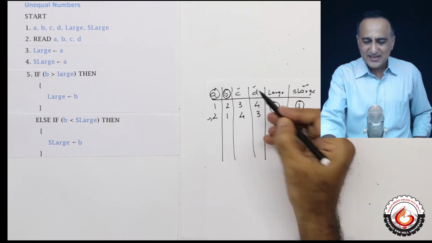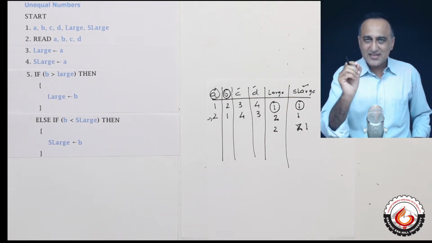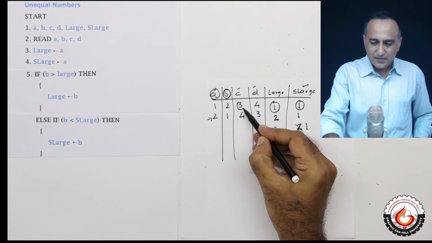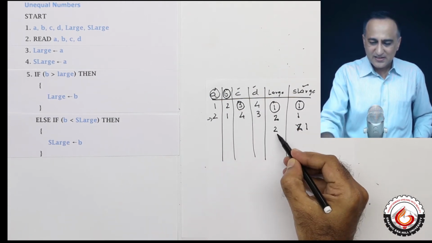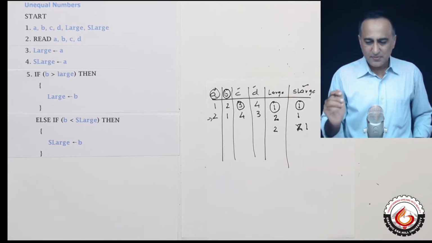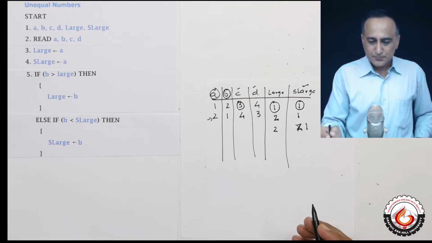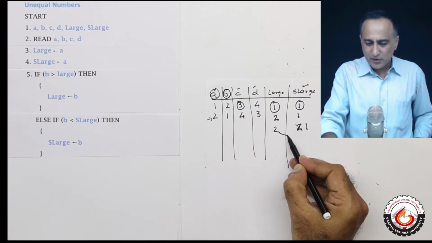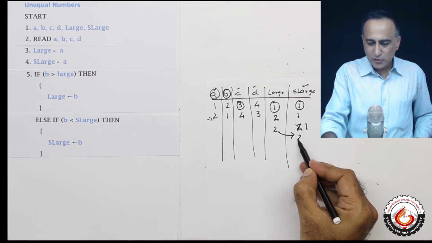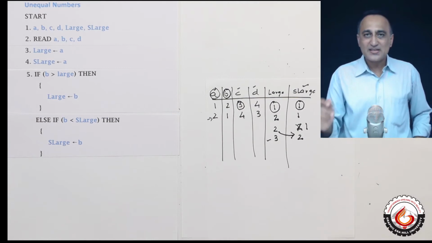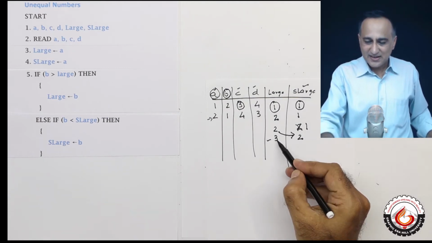Now I need to handle C and D. With C and D, the thinking is a little different, and it is the same for both C and D. With C, what can happen is this number can be larger than the large, or it can be larger only than the second largest. Let me tell you what I mean by that. Suppose C is greater than large, then what I will do, like in this first case, is move 2 to second large and make 3 my new large. So this will deal with the case when C is bigger than the largest value.